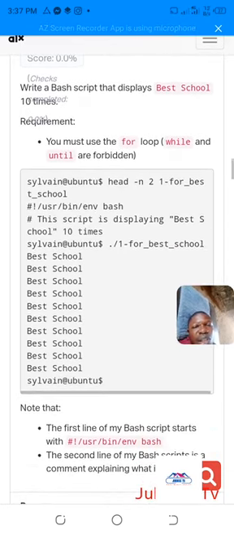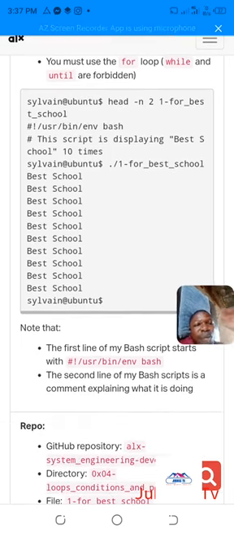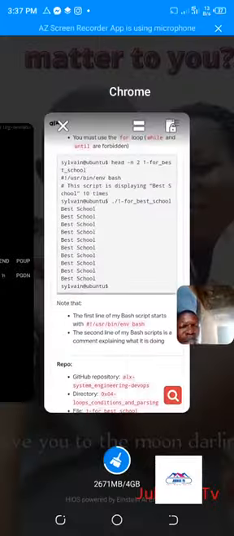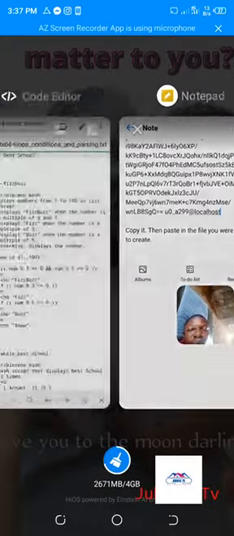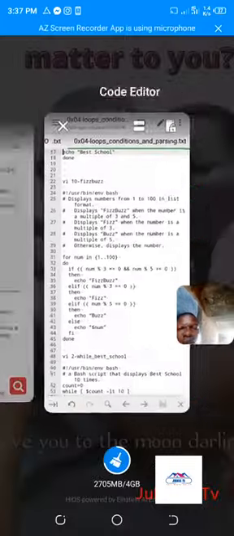The requirement said you must use the for loop. While and until are forbidden. So you don't need to use a while loop, you don't need to use an until loop, but you need to use a for loop to write that. So in this case, what do we do? We first of all